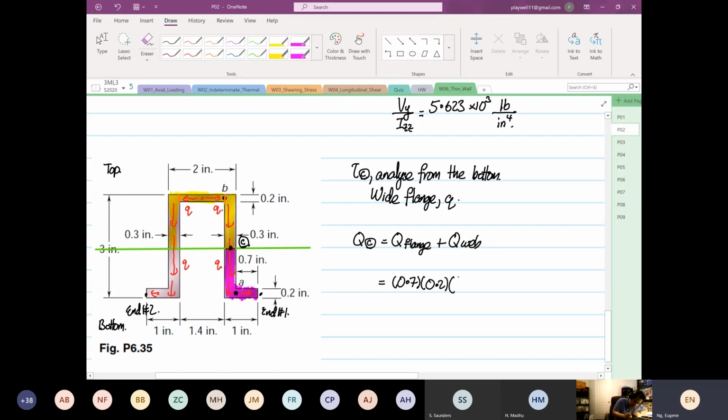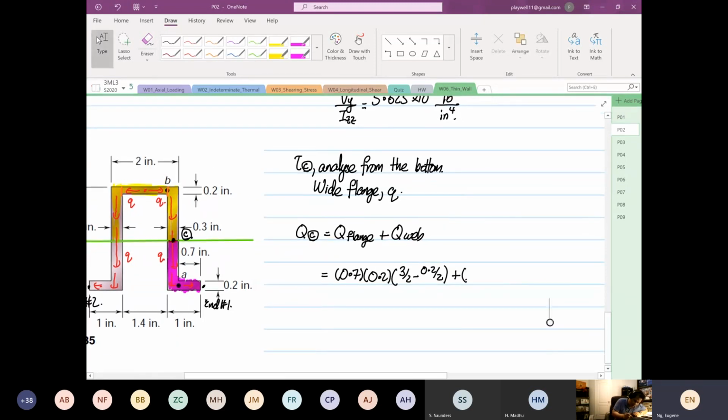So this is equal to 3 divided by 2 minus 0.2 divided by 2. That's your y bar, plus the width is 0.3, the depth is 1.5. Then you have 1.5 divided by 2. Okay, so this will be equal to 1.5 minus 0.1 times 0.2 times 0.7 is equal to 0.196